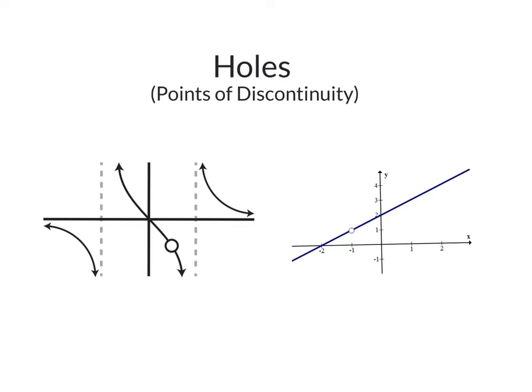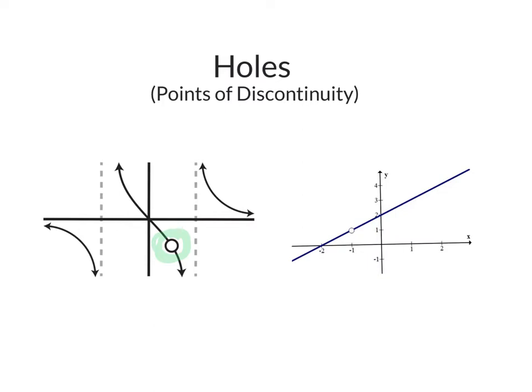The second special feature, an important feature we're going to talk about with rational functions, are points of discontinuity, which might be referred to as holes. If you take a look at these two examples that I have here, the one on the left kind of looks like some of the examples that you've seen from the first couple videos, but there's an obvious point of removal. You can see right here where it's almost like we took that one specific point and took it off